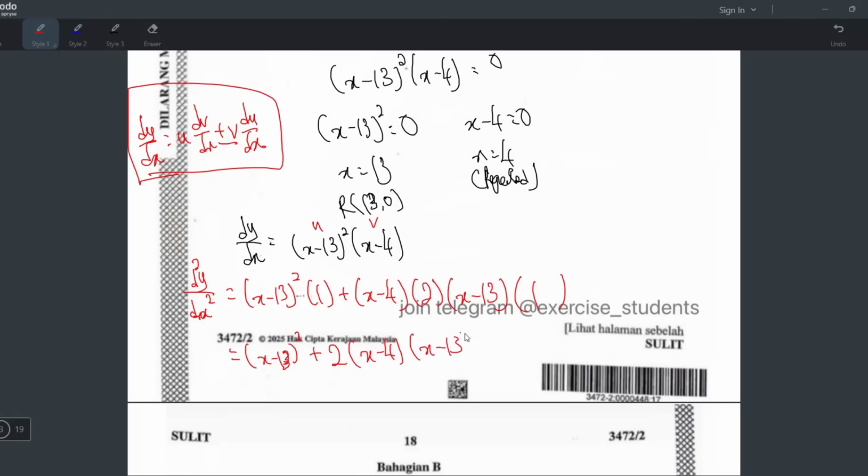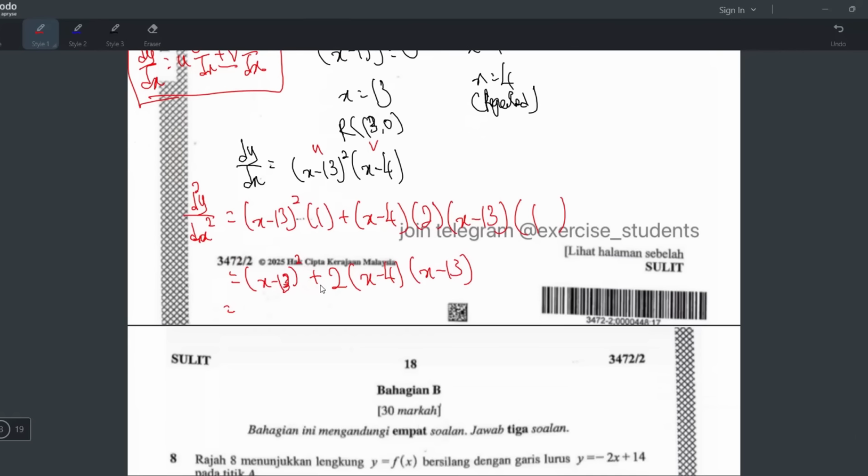And then x minus 13, and now it's time to factorize. So we have two terms here, or "dua rumah". That's how I explain to my students, "dua rumah". So these two terms can factor out x minus 13. I will factorize out like that and then put a big bracket, and then whatever's left inside I just